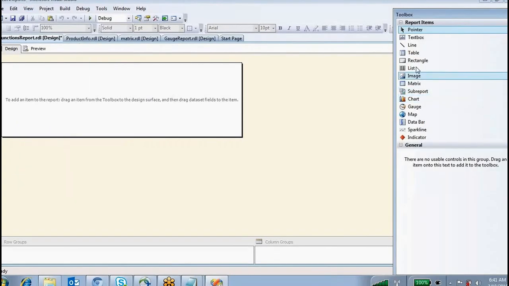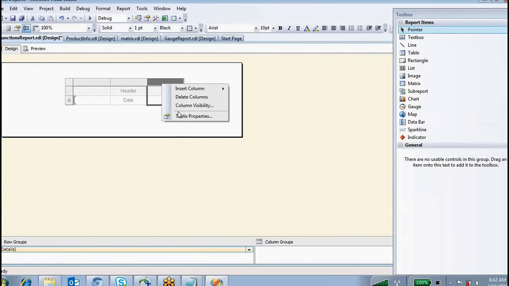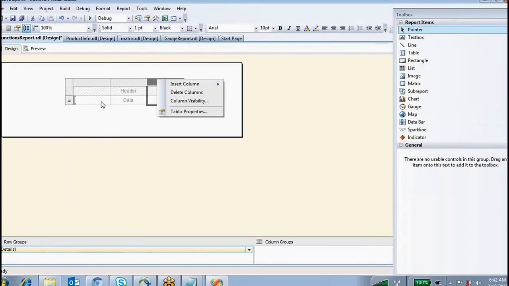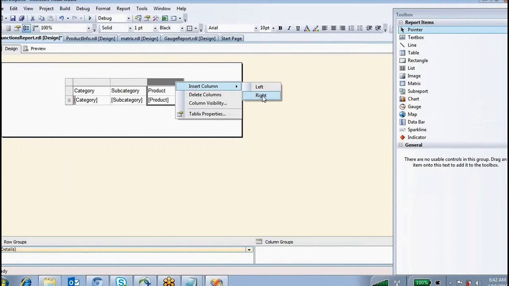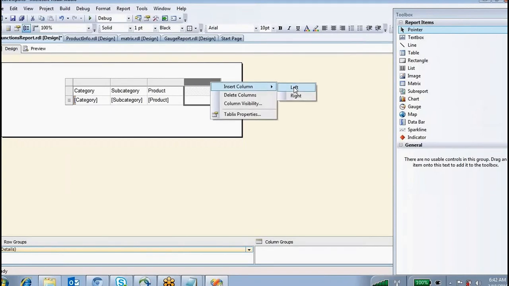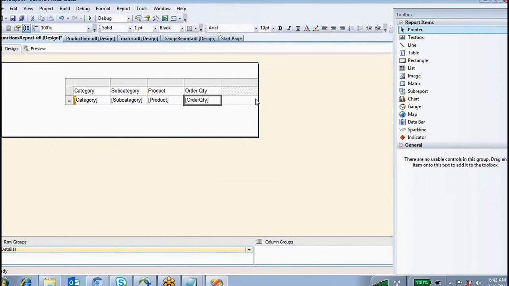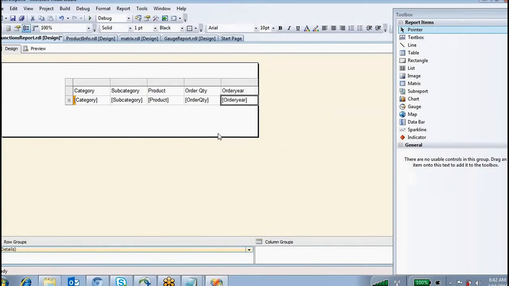Go to toolbox, table report, and assign the data set here. Category, subcategory, product, order quantity, order year.